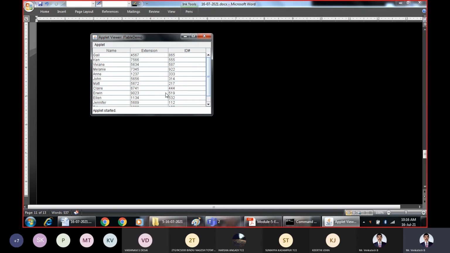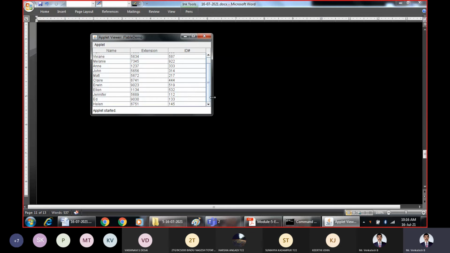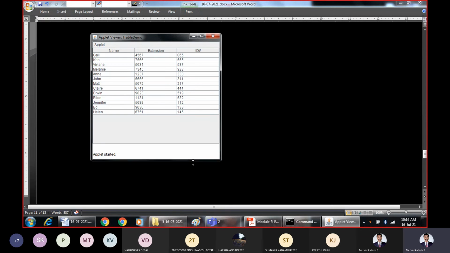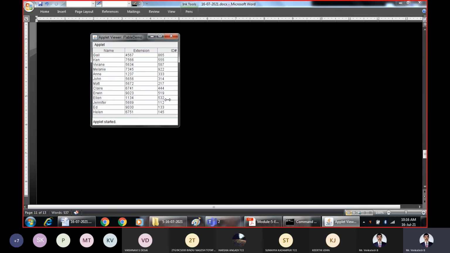All the table entries are not displayed within the viewable port, so a vertical scroll bar is automatically added because this table is embedded within the scroll pane. If I increase its size, you can see the vertical scroll bar disappearing, because the viewable area is increased.